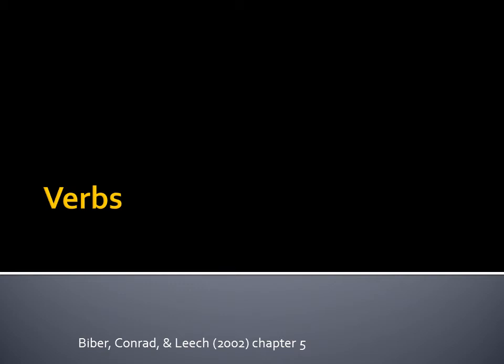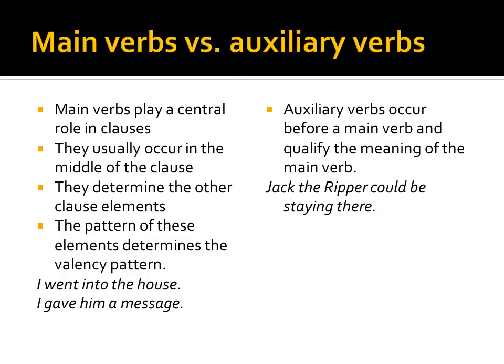Now we're looking at verbs. This is for week 3 and it's chapter 5 in our book. We're going to talk a little bit about the main characteristics of verbs, one of the most important parts of English grammar. So, the two main components when we're looking at that verb phrase